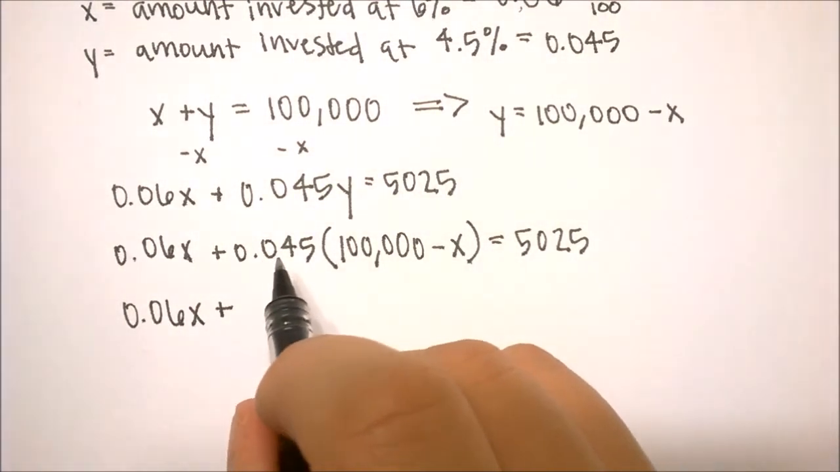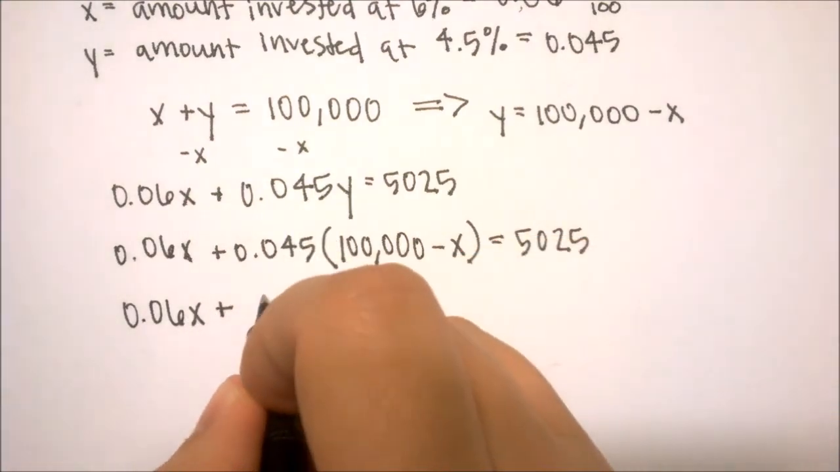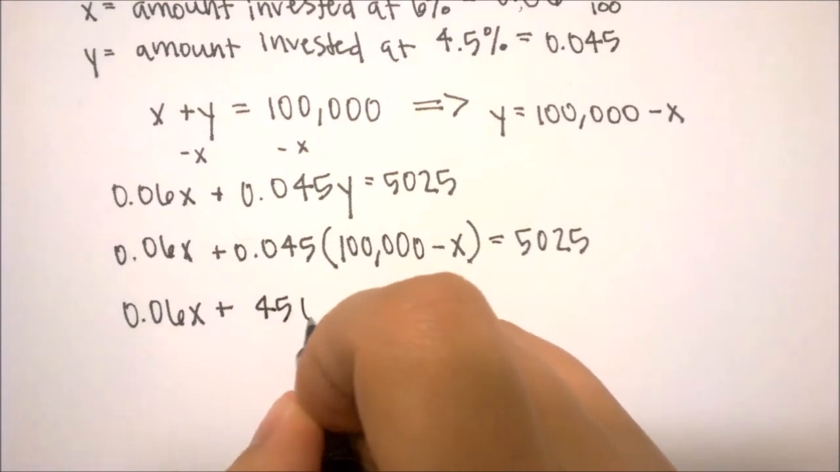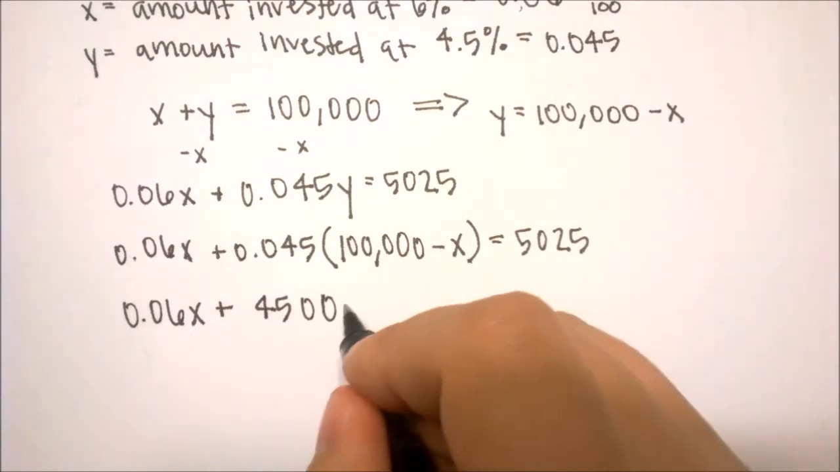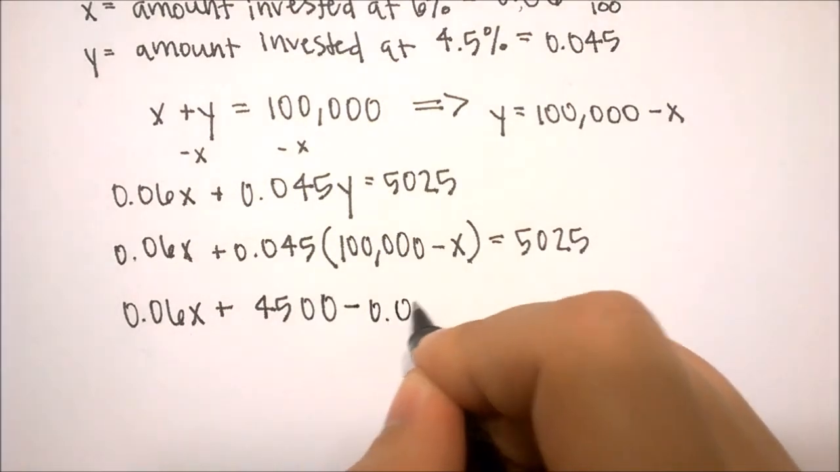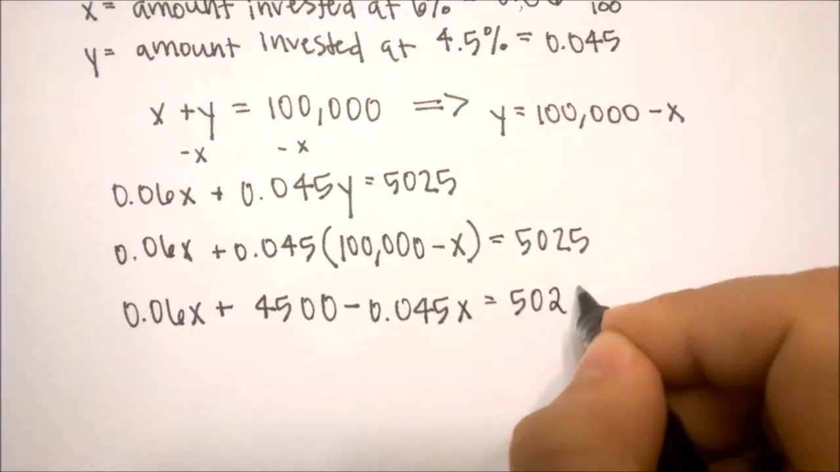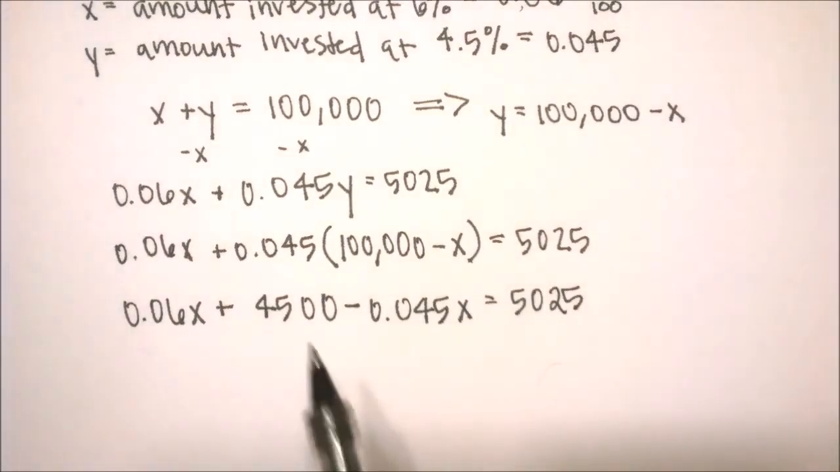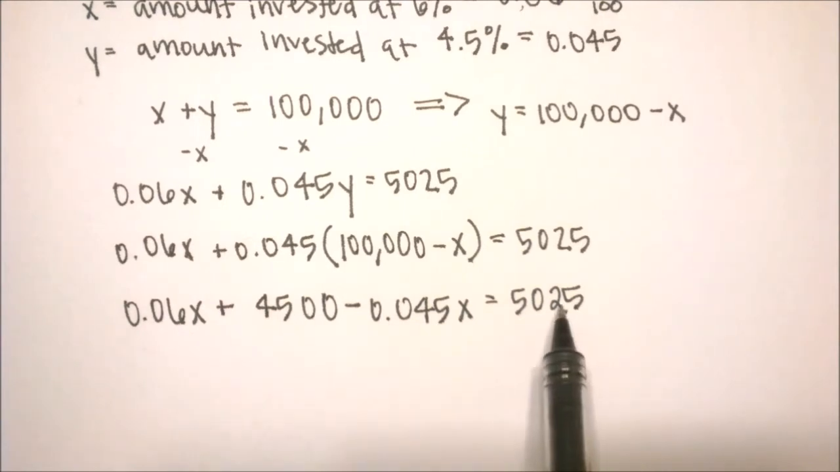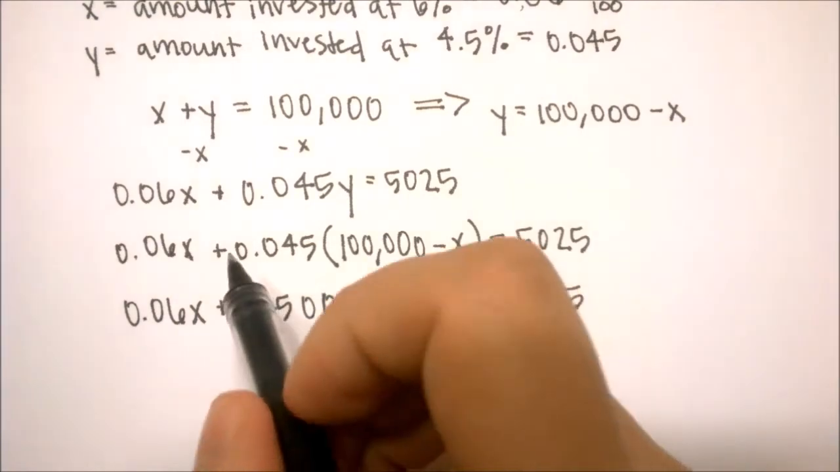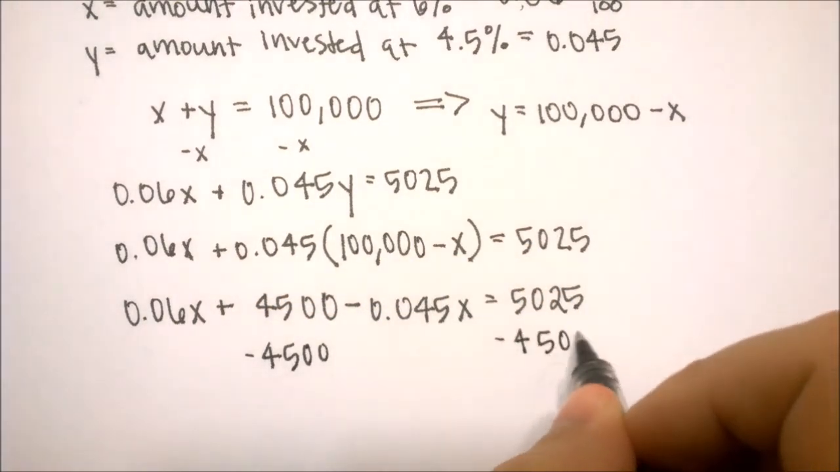So 0.045 times 100,000, well, that's just going to give us 4,500. And 0.045 times negative x gives us negative 0.045x, right? And that still equals 5,025. So we have two x values here, two constant values here. So if we subtract 4,500 from each side, that gives us